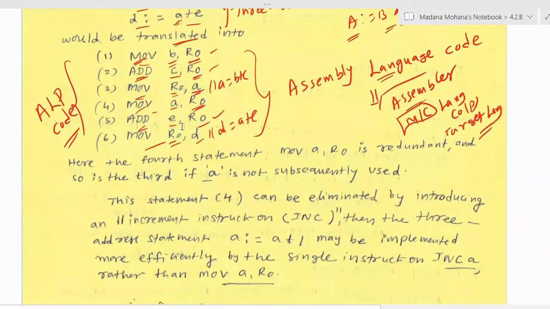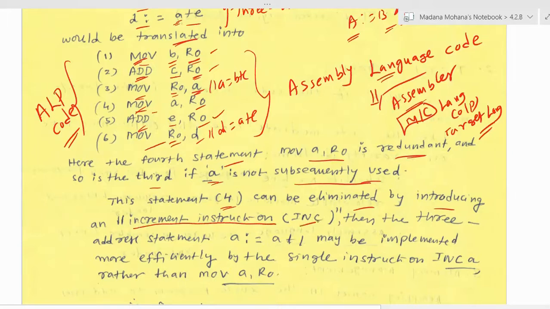Now here you can observe the fourth statement. What is the fourth statement? Move A comma R0. Move A comma R0 is redundant. Why? Because here is move A comma R0, and the previous one is move R0 comma A. So it is the same register and same operand value, and so if A is not subsequently used, this fourth statement, move A comma R0, can be eliminated by introducing